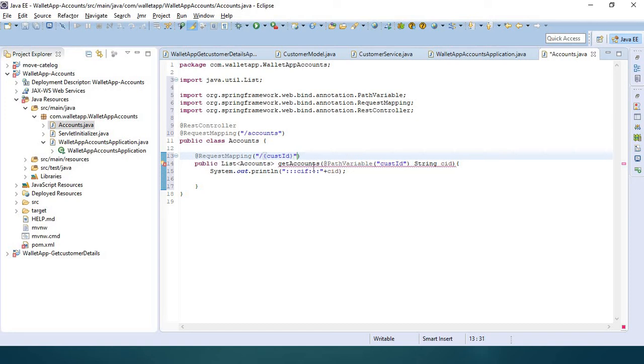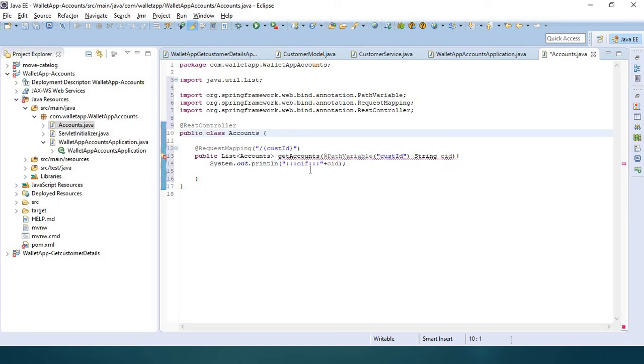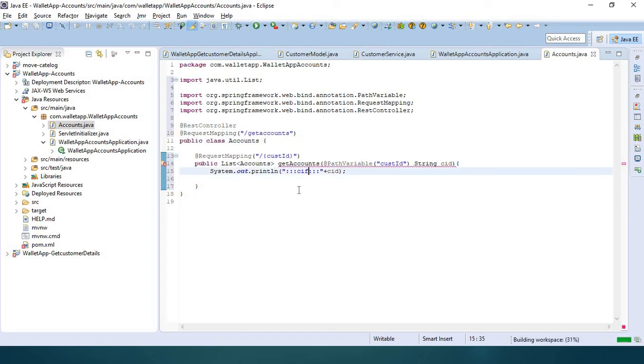Okay, so now get accounts. Here we have to create an accounts object. We don't have accounts, right? We will change this one.